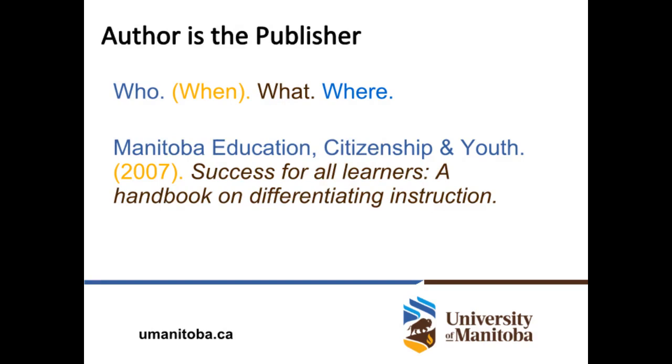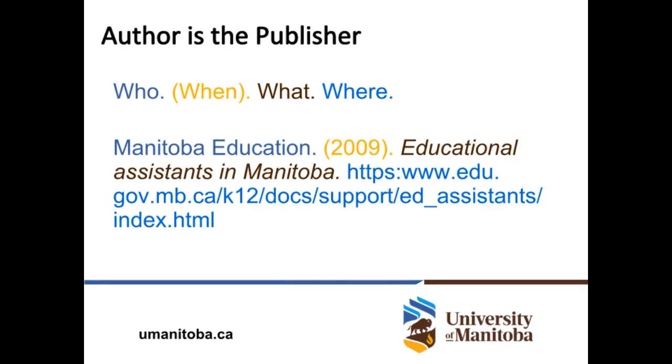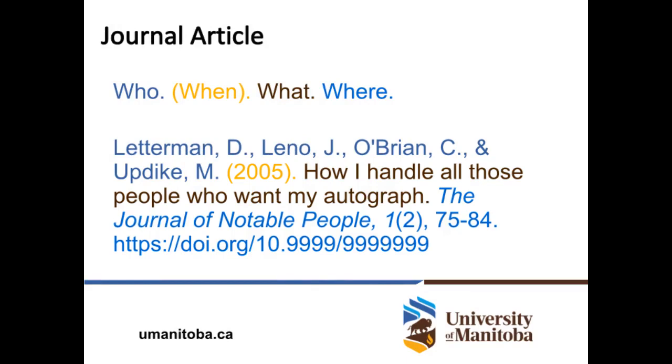If the author is also the publisher and the book or document is only available in a printed format, no publication information needs to be included. If the author is also the publisher and the book or document is available online, include the URL of the website. For an article in a journal, the publication information includes the name of the journal,